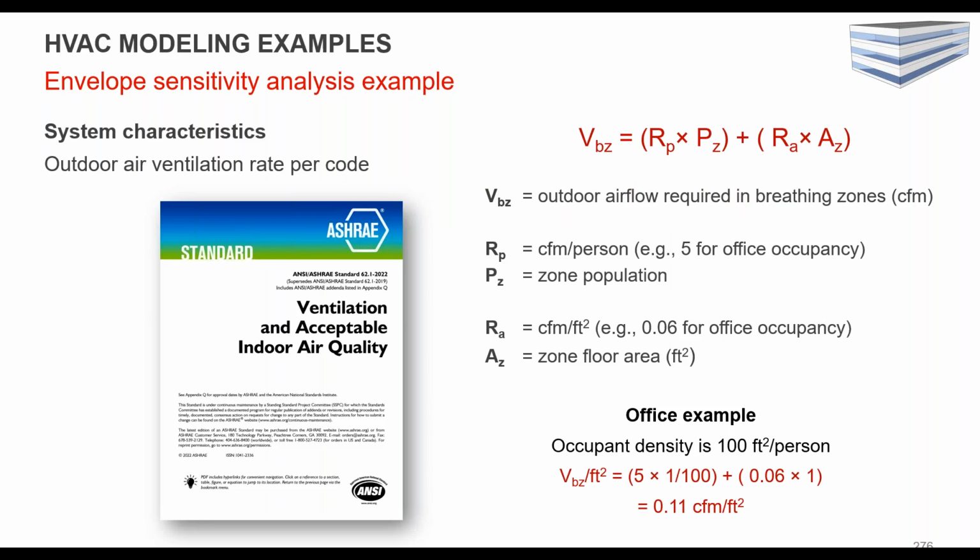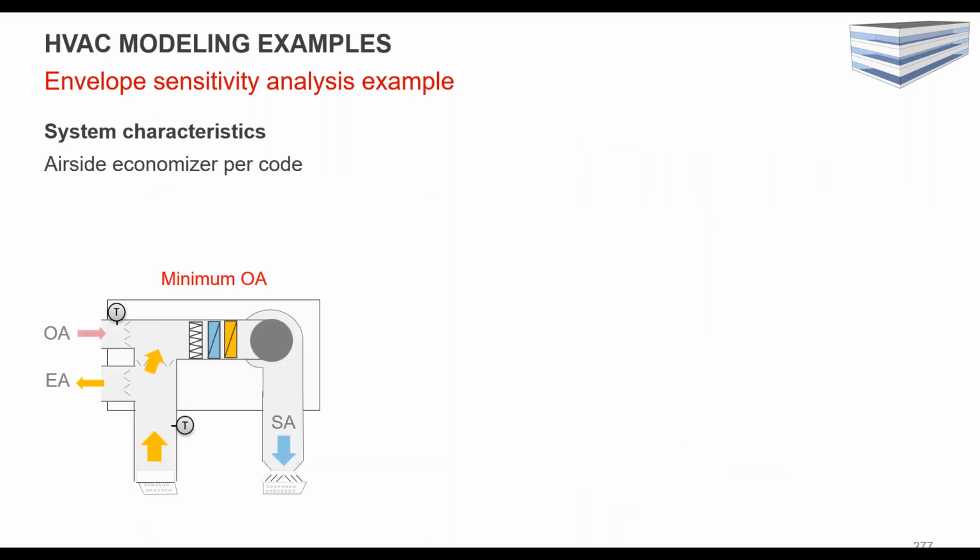And then what about ventilation? So again, ventilation generally is going to be driven by ASHRAE 62, but it depends. It might be ASHRAE 62.1, or it could be 62.2 if you're doing multifamily. But again, fairly simple and quick calculations, and particularly if you use the ventilation calculation sheets, you can come up with some simple parameters. In this case, using occupant density and standard office, you can have a standard input for all your zones of 0.11 CFM a square foot of fresh air. So again, very simple, use the same value for all the zones.